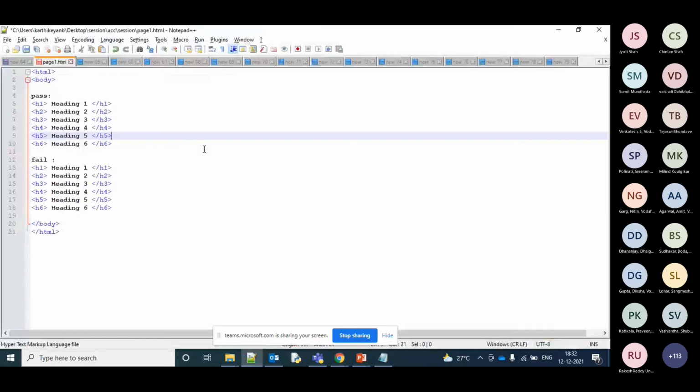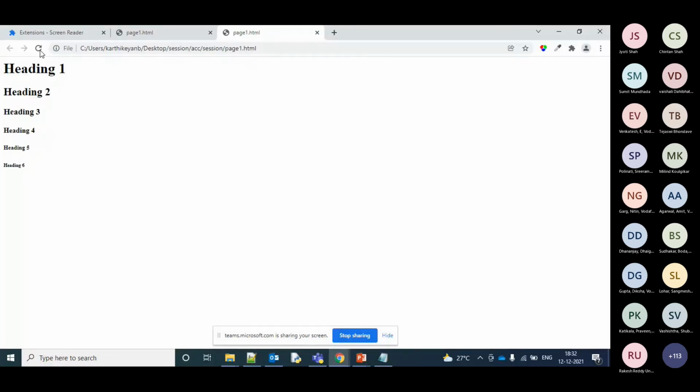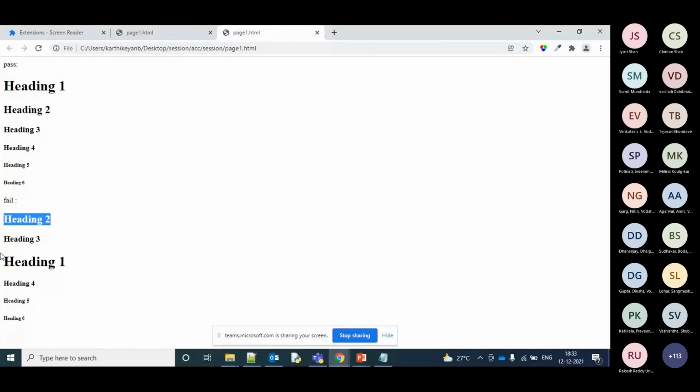So something like this. This is a pass one, and if I keep my H1 below H3, so if you find a hierarchy like this, where you have heading 3, and inside it heading 2, and then below that 3, and inside 3 you find a 1, then we have to fix it. Either these two have to be clubbed into a different div, and this one has to come out separately. So the contents inside the website have to follow the sizing order. That is the H1 and H2.